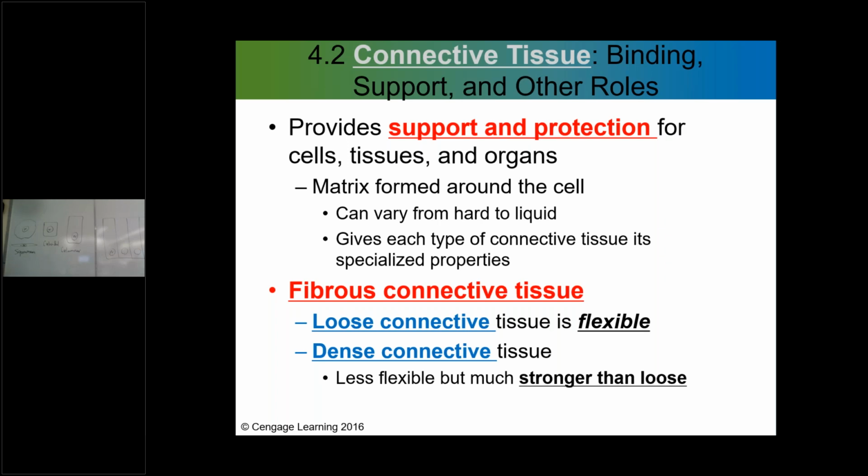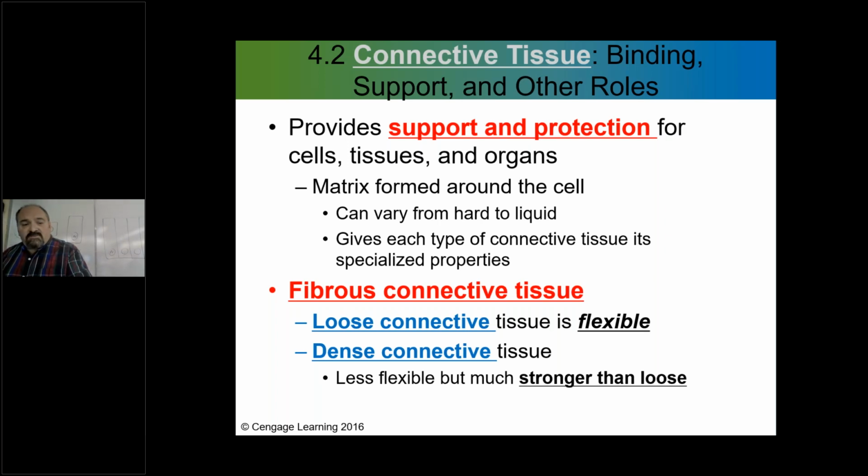So if you hear the term connective tissue, it's got to mean that it's going to connect parts of the body to other parts of the body. And so think about this for a moment here. It provides support and protection for the cells, tissues, organs, right? And you're going to see here that there's some loose type of connective tissue and some dense type of connective tissue. And you're going to find out that you know what these are, you just don't have any idea right at the moment here. But let's take a look and see.